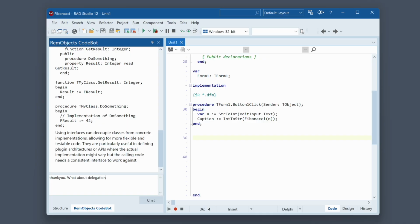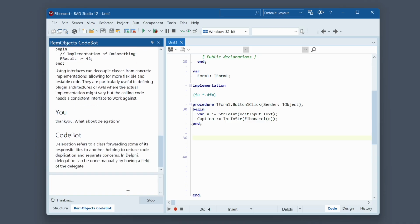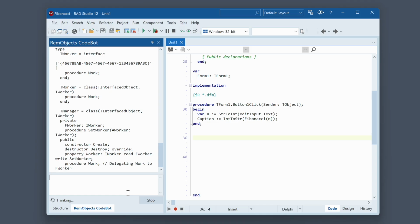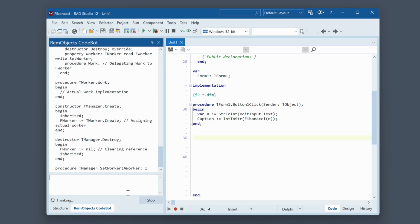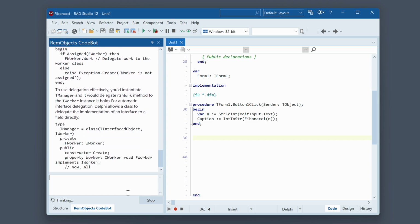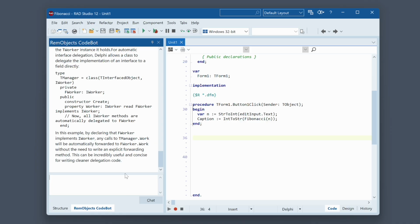Again, let's think it, and why not ask it to tell us more now about delegation. Now I'm referring to delegating interfaces, but interpreting that requires the conversation memory. A memory is great, because like a person, it will remember and follow you as you thread through multiple topics in your daily work. Most importantly, if it really knows what it's talking about when I ask it about delegation,